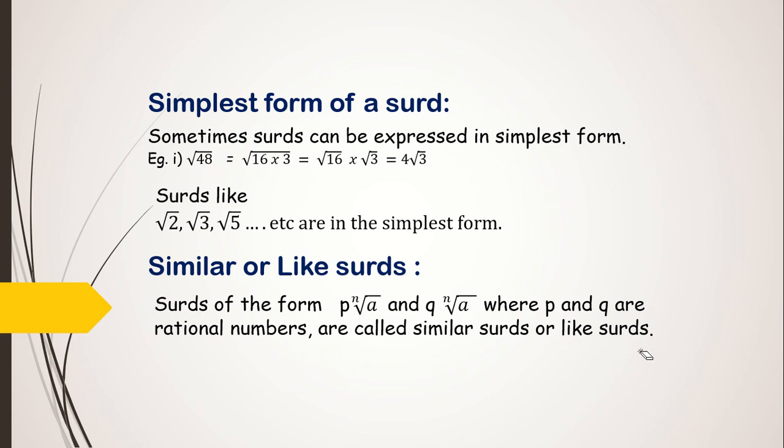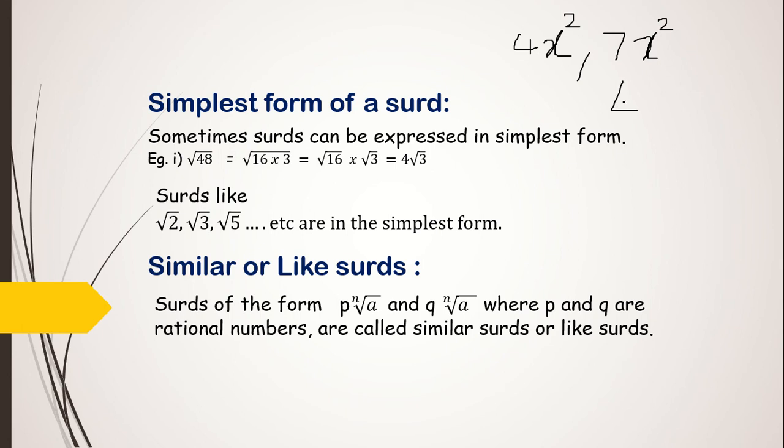Here you will see the surd part has to be exactly the same. Over there we have seen the variable part had to be exactly the same. I'll give you one example. Let's say 4x square and 7x square. We call these two terms like terms, and we can add them or subtract them. Why do we call them like terms? Because the variable part along with them is exactly the same.